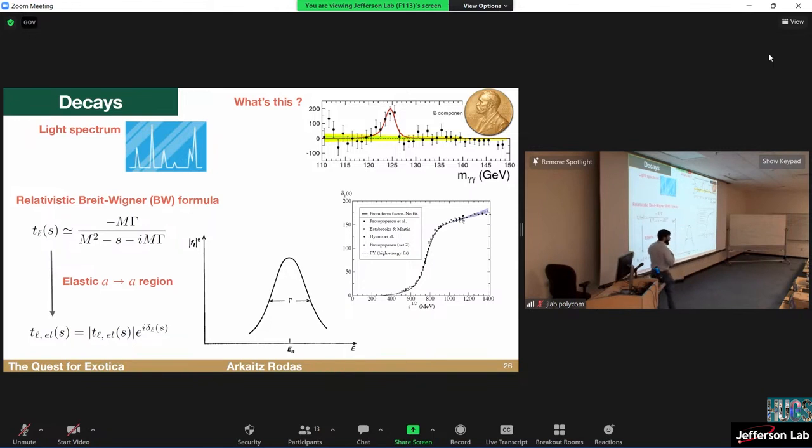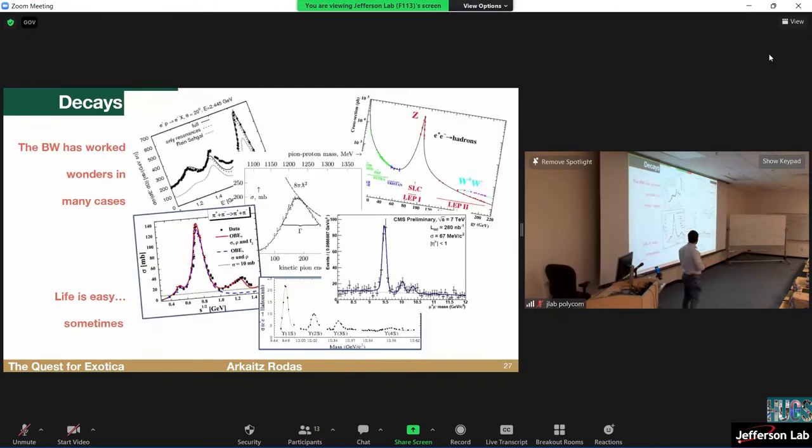Now, how does it look for us in hadron physics? Let's say that we have, as I said before, pi pi, so it's elastic. In the elastic region, the amplitude will be described with a modulus and a phase. That's all there is to a complex function. So the modulus will look like this, with this formula, like the Higgs. And the phase will look like this rapid phase motion that we have in the plot to the right. This is the relativistic Breit-Wigner formula. Okay, so we have a toolkit to fit things and to describe them, right?